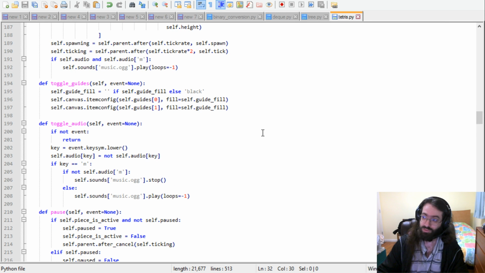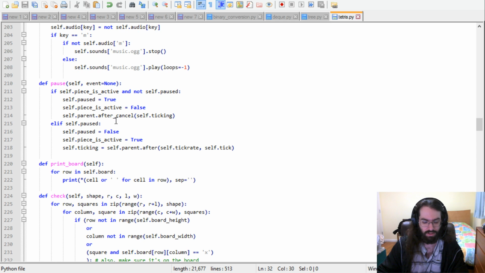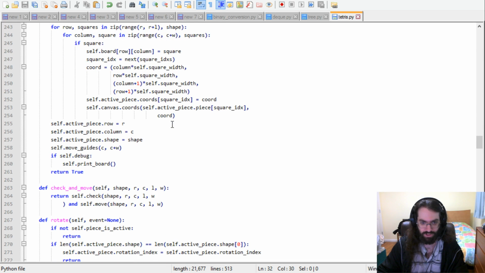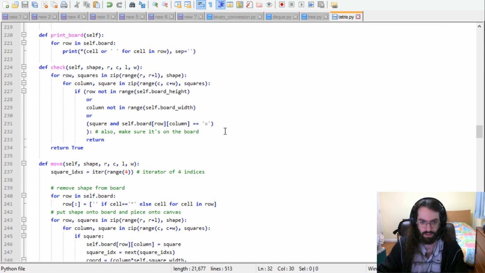Drawboard. Oh, YouTube says quality is good again. Great. Pause, printboard, check, move. This check and the move and the check and move, I will be changing these in a future stream because another feature that I want to add is called wall kick, meaning when you have a piece that's too close to the wall to have room to rotate,